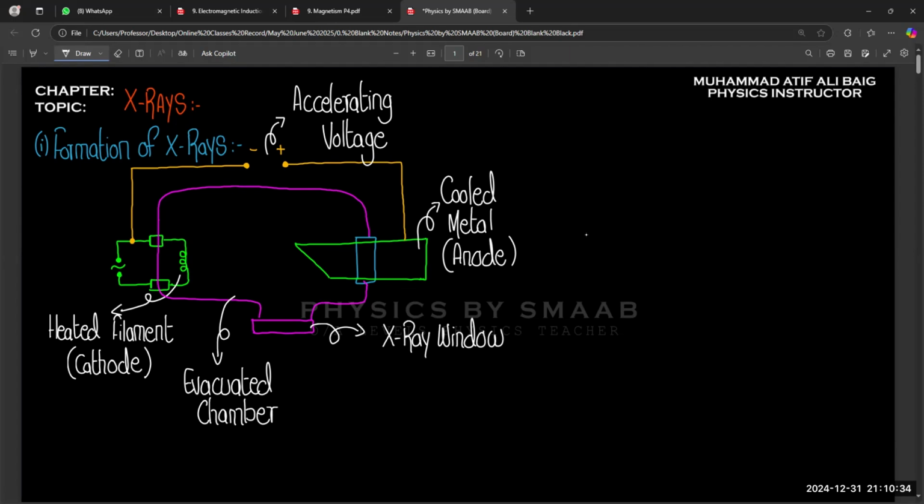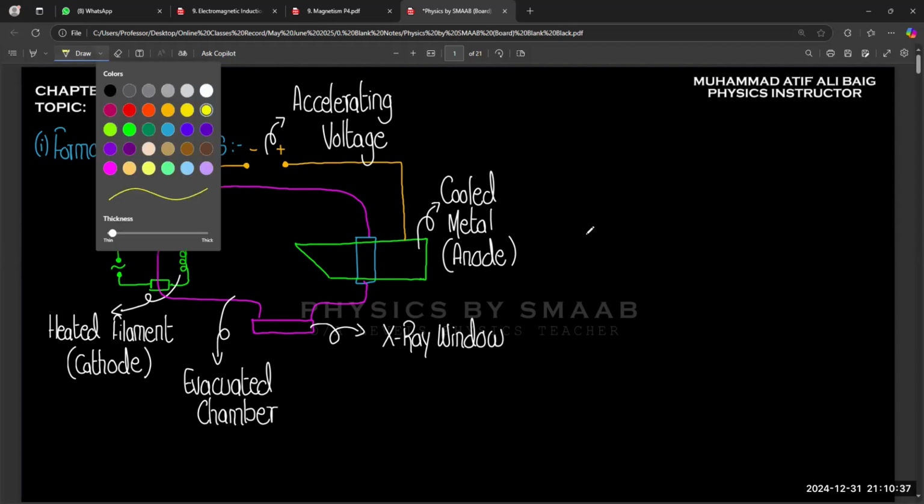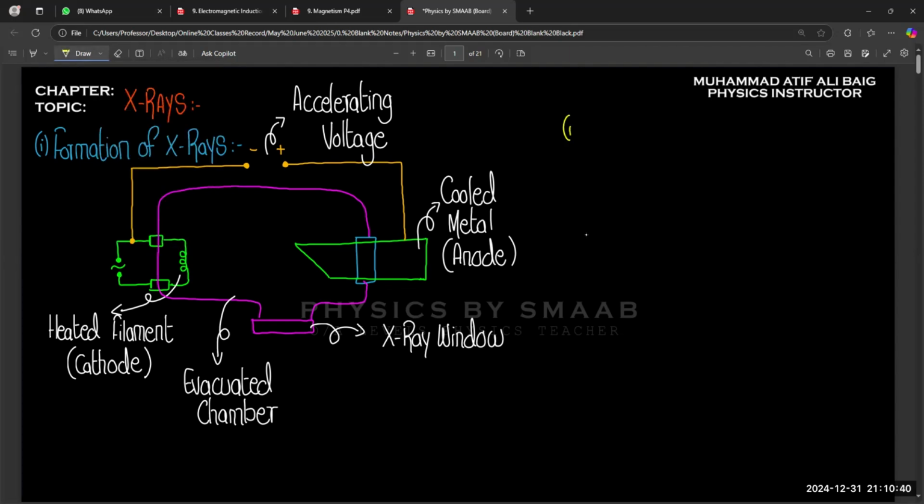So the working, or the formation of X-rays, starts like this. First of all, there is a coil and we are going to heat up that coil so it will reach a high temperature, and we are heating it by using a high voltage source as we observe in the diagram. Then the coil gets red hot and it begins to emit electrons, which is called thermionic emission, emission of electrons because of thermal or heating energy. And this accelerating voltage helps to move electrons in a forward direction, in a straight line towards the anode, so they can easily reach the anode.